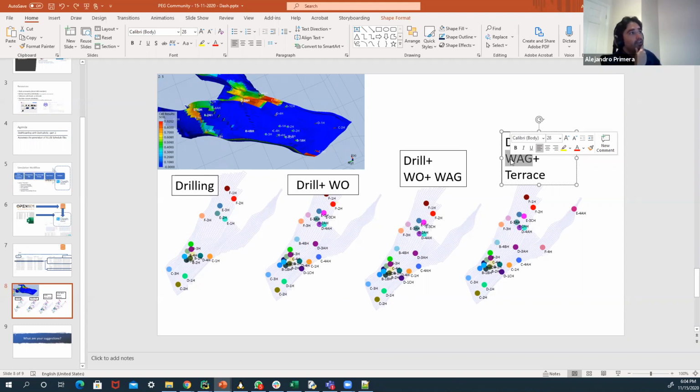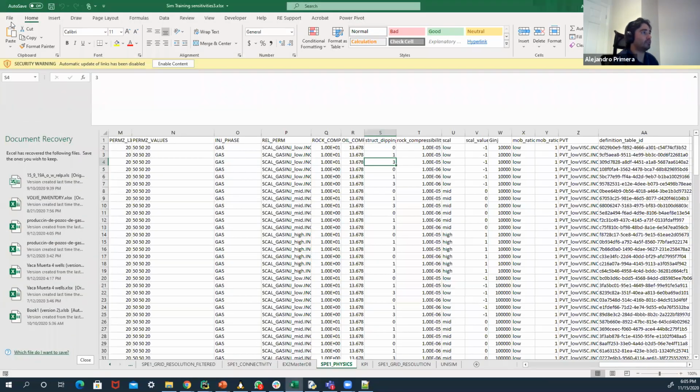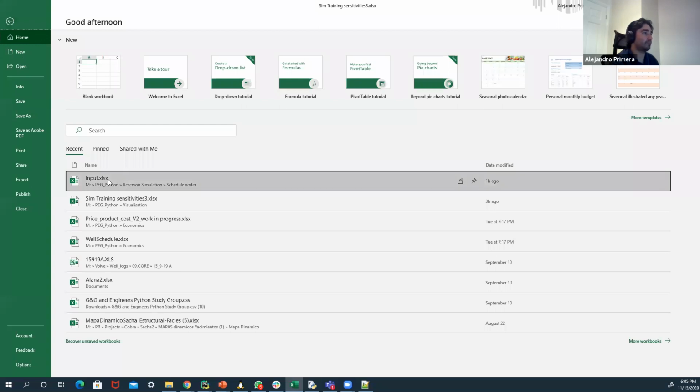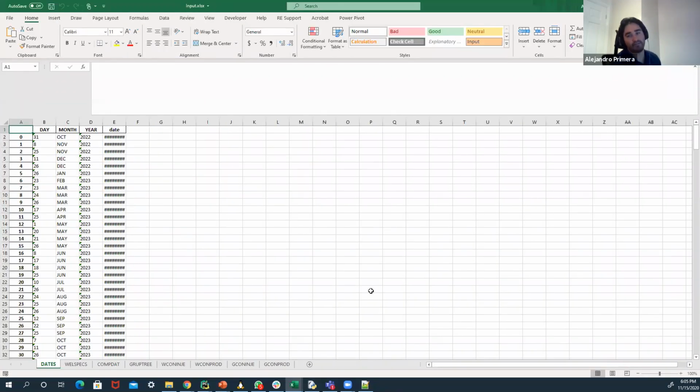So the problem that we had when we were doing the economic session is that these models were on history mode, and so we want to forecast with this model. So on this next session, what I'm going to show you is generating a forecast from an Excel file or from a table that you could have, and with some codes that